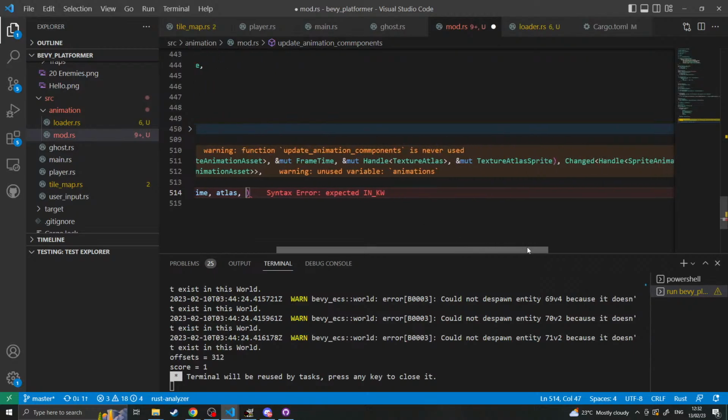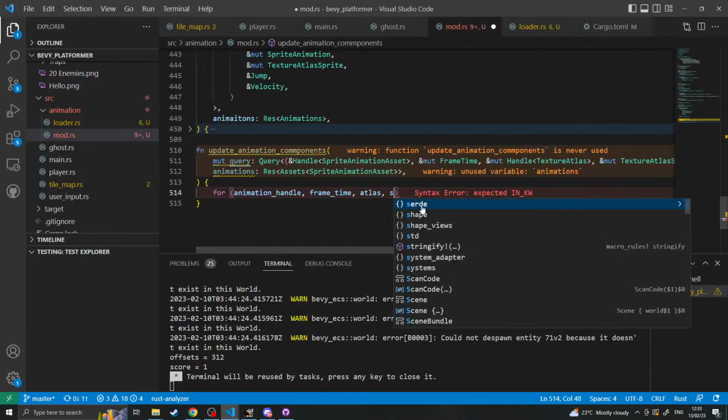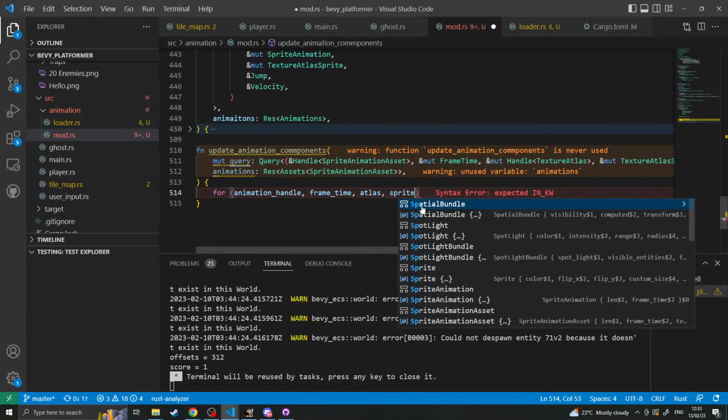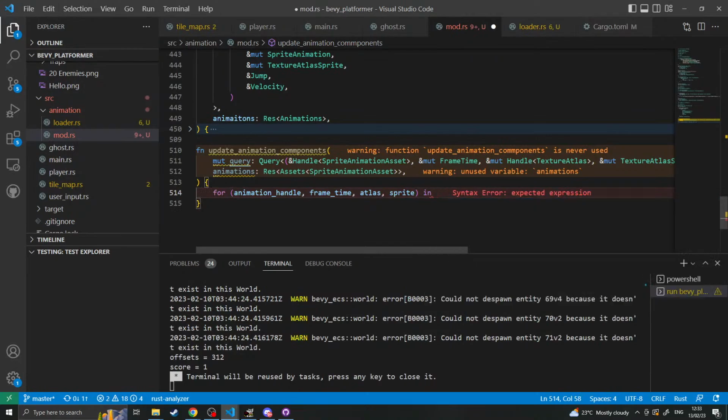So we have our Atlas and our Sprite. Okay, and then in